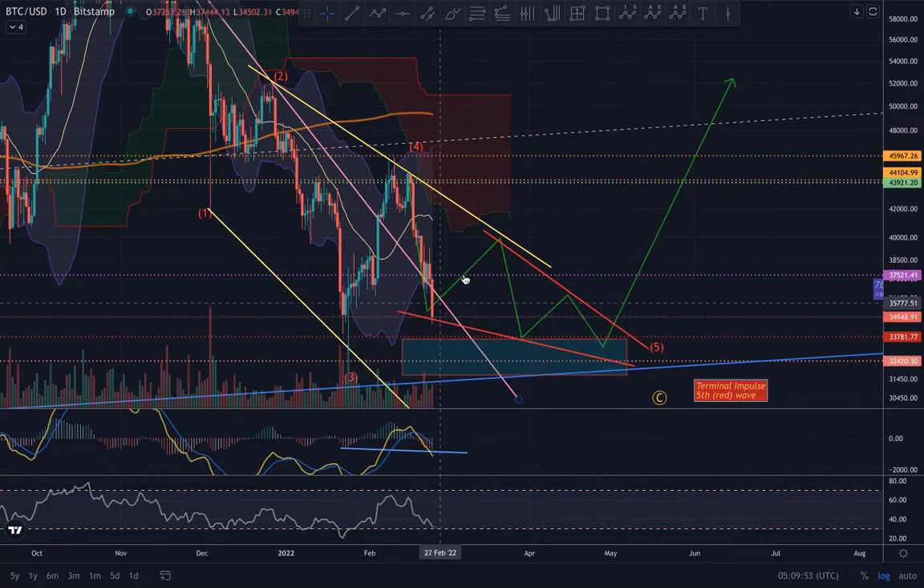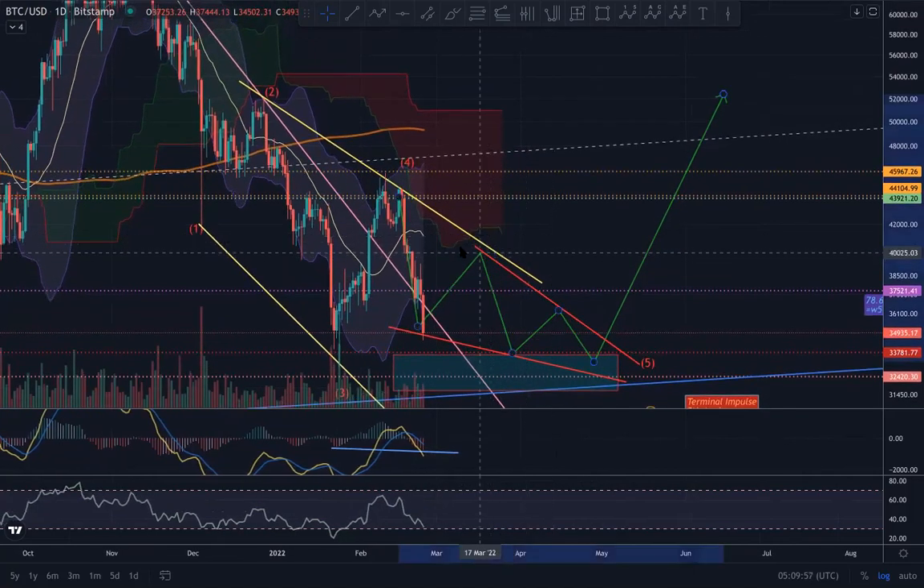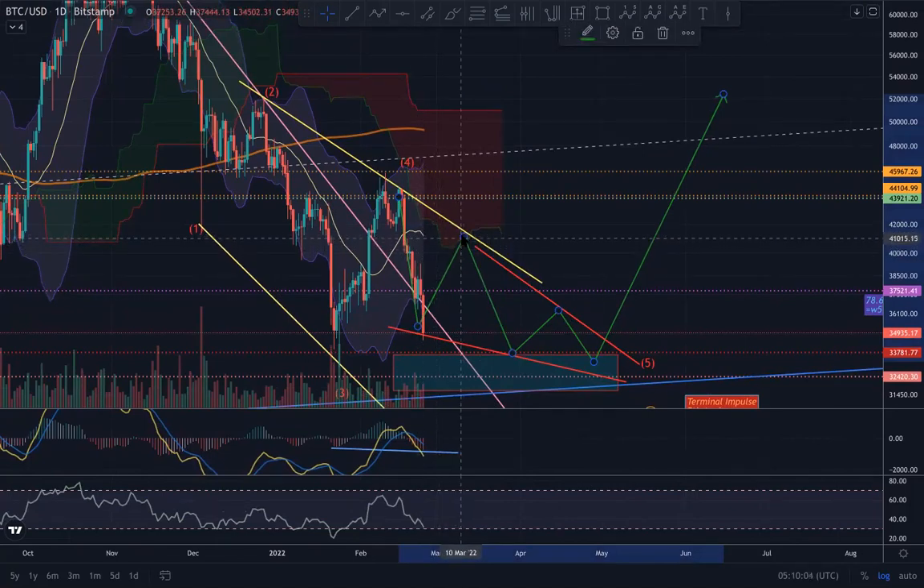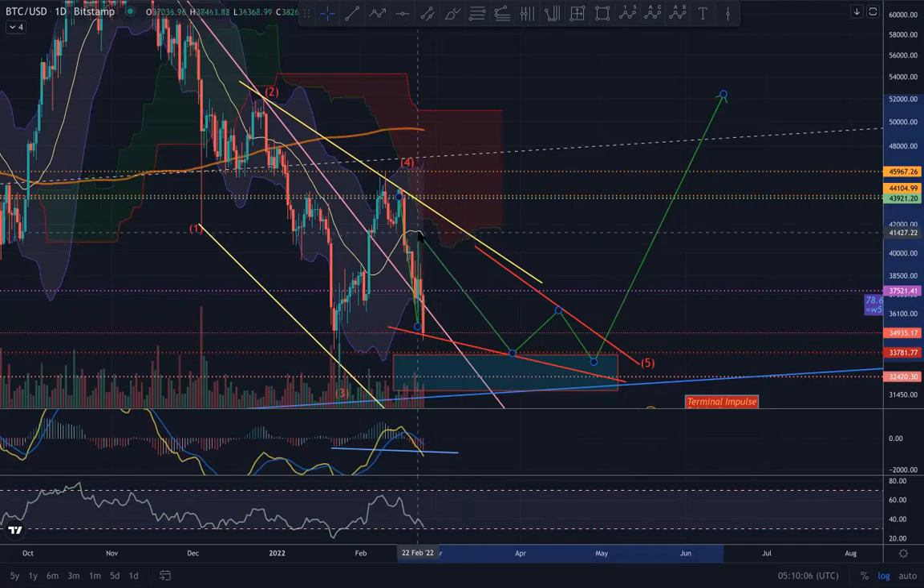So if it can bounce off of here, then it makes a move up to here, roughly. Maybe it's over here where the cloud is, something like that. Maybe even up here, we'll see what happens. But probably it might play with this 20-day moving average. So I don't know exactly where it will be. But eventually